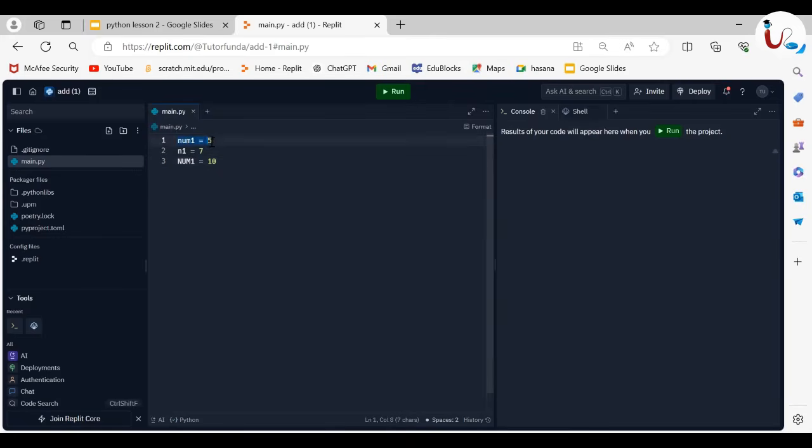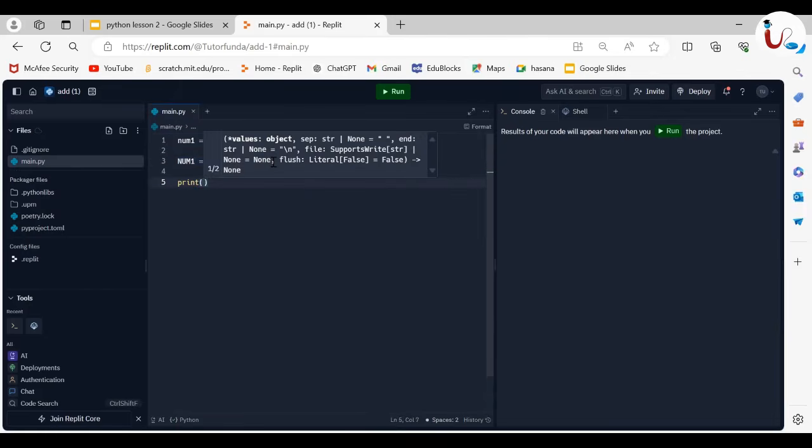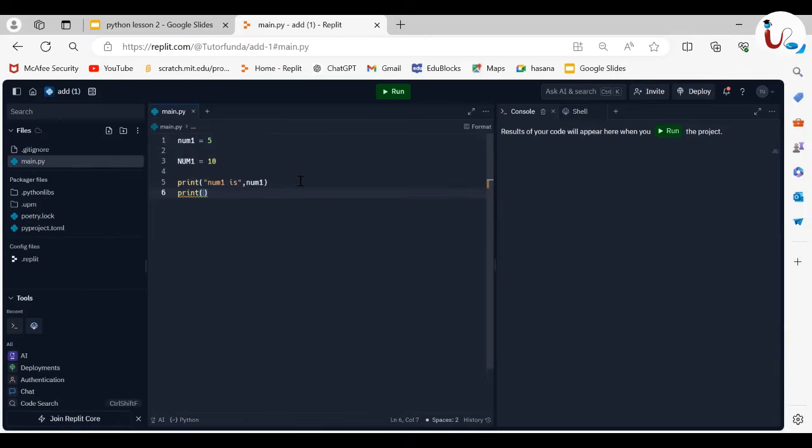Here you can see, here also I have a number in line number 1. Maybe I'm erasing this line for the time being. Here I have another variable, Number, with a capital letter. Remember, both are different, which means whenever I'm printing it, suppose I'm printing "num1 is", comma, number. Here it will be printing the value inside the number, which is 5. In the next line, I'm going to print